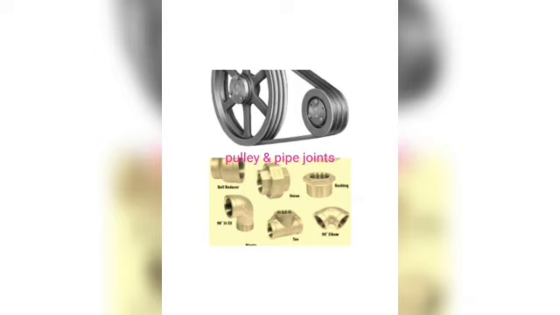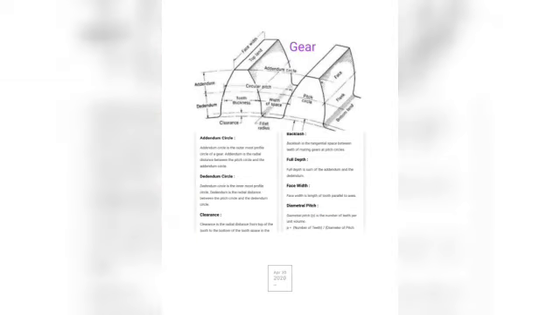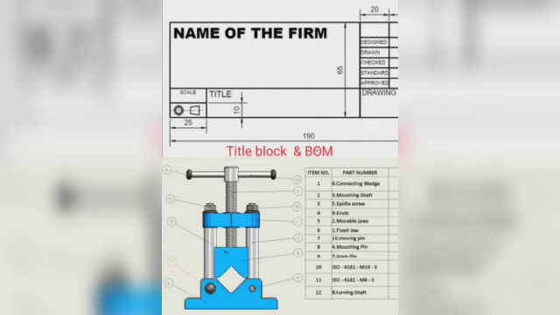Different types of pulleys: cast iron pulley, wrought iron pulley, way-belt pulley, types of pulleys and types of belts, and different types of joints. Here the main topic will be gear, in which we are going to cover the nomenclature of gear, how to design the gear, spur gear, helical gear, bevel gear, rack and pinion. All these types of gear we are going to learn in this year. So this will be a very important session on gears.